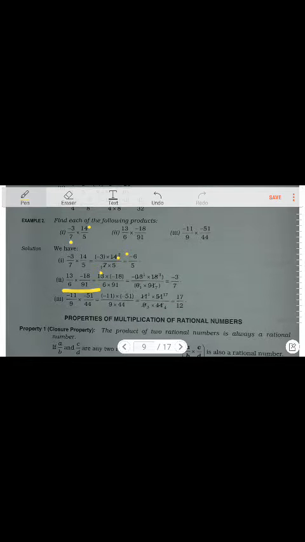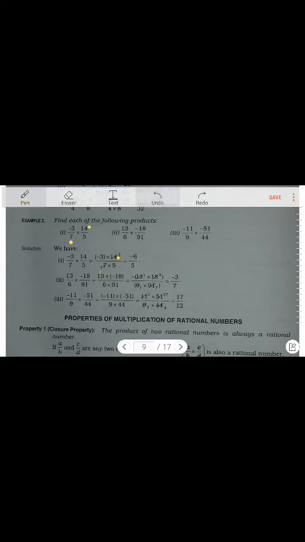Minus 13 and 91, you can see minus has been taken common, so 13 7 the 91 has been written. Minus taken outside, and 6 3 the 18 has been written. So what happened? 1 into 3 becomes 3, and outside there is minus, so minus 3 becomes. And below, 1 into 7 is 7, so the answer becomes minus 3 by 7.